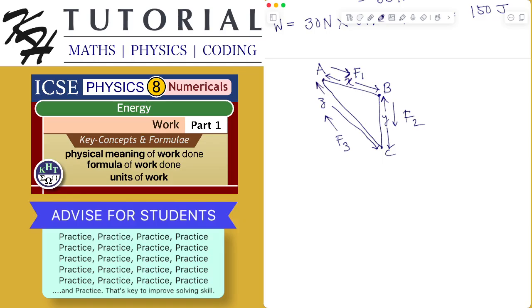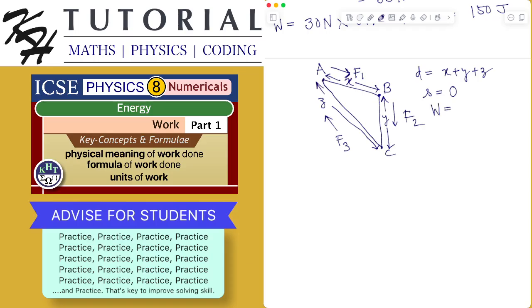So what is the total distance traveled by the body? It will be x plus y plus z. What is the total displacement? Displacement is 0, because initially the body started from A, and finally the end position of the body is also A. So the displacement is 0. And what is the work done? Work done